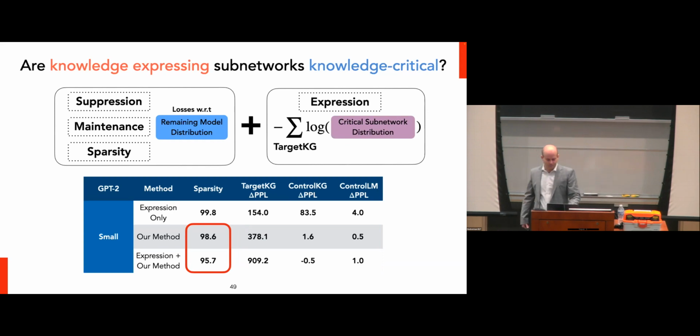Our hypothesis for this is that the joint objective cannot actually discover the true constructive process by which the target knowledge is reconstructed, because there are competing influences. Essentially, to find a subnetwork that can express the target knowledge very well, you're also going to find subnetworks that express the control KG knowledge very well. So if you try to remove the expression only subnetwork, it's almost impossible to regularize for control KG. In other words, this is a massively overfit network at the bottom there, which is why it ends up being incredibly less sparse than the ones that we were able to find without the joint objective.